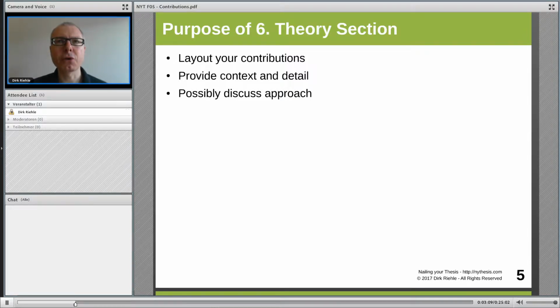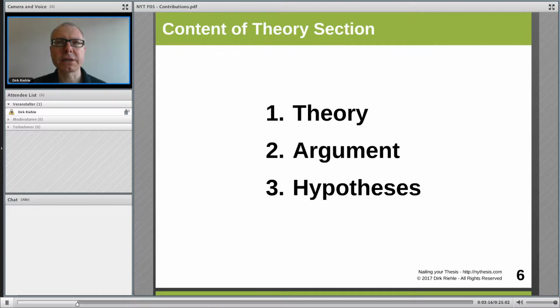Somehow in there, the approach of how you're going to answer, it's either in section 6 or section 7. It depends a little bit on your example. So if it's the presentation of a theory that you're going to validate, then your research paper is likely to not fully validate a theory, but only some selected hypotheses. So you need to present both the theory and the hypotheses that follow from that theory, and maybe how some larger research question is being answered by pulling together these hypotheses into an argument that gives you an answer to some research question. The specifics really depend on your particular research question and paper and the novel insight, and thereby